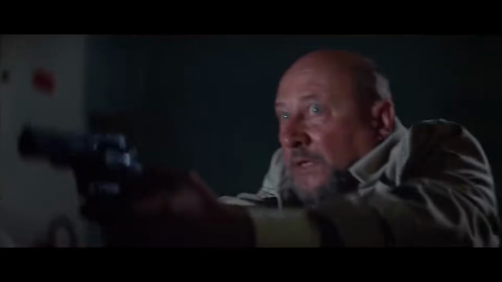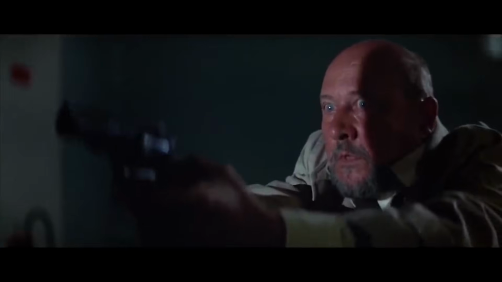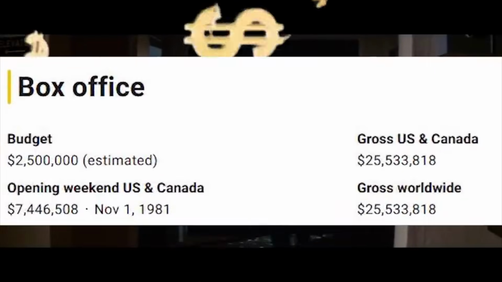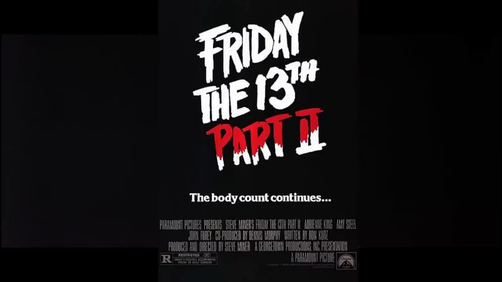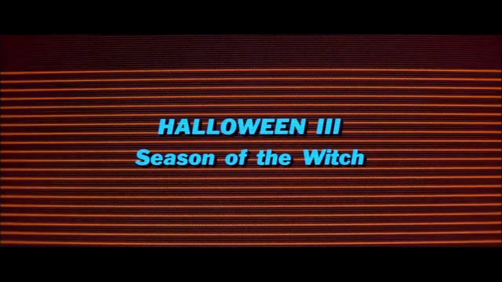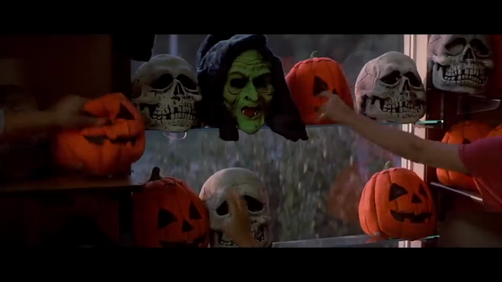Unfortunately, Halloween was still too much of a success to leave well enough alone, with 1981's Halloween 2 making more money than the other slasher sequel that year, Friday the 13th Part 2, so another sequel was quickly commissioned. However, Carpenter only agreed to participate in the new project if it was not a direct sequel to Halloween 2, and Michael Myers was no longer the focus. Furthermore, he demanded that the Halloween franchise be turned into an anthology series of films, with each new entry focusing on a different horror story connected solely by taking place around the holiday.